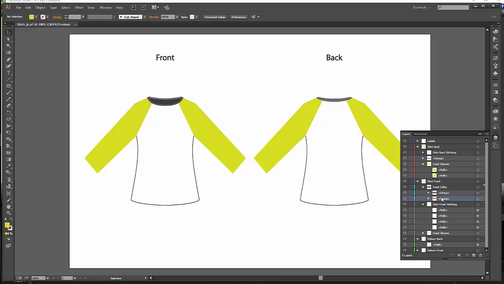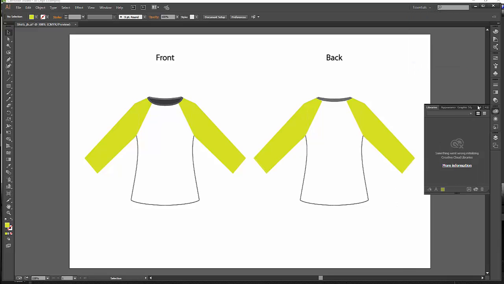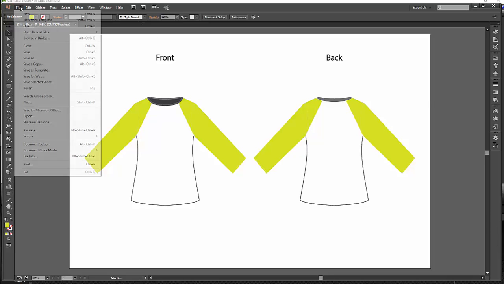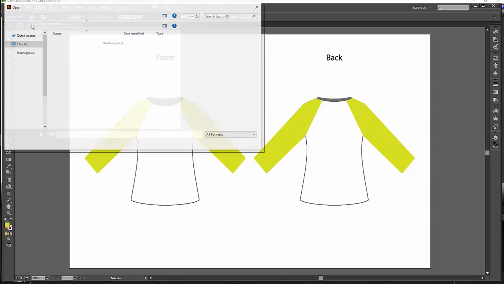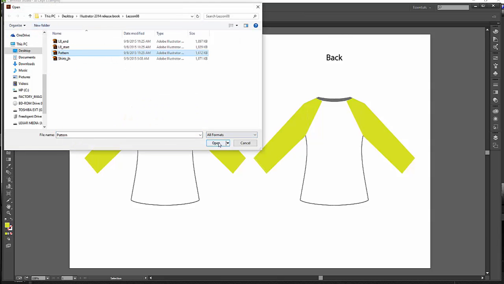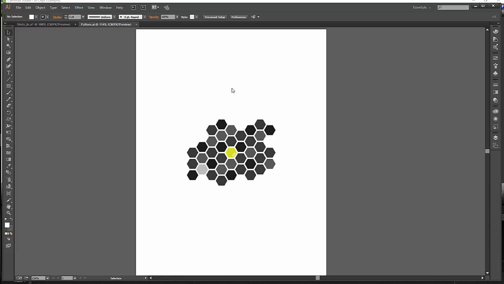So we're going to pick up again with pasting layers. Now to complete the shirts, we're going to copy and paste the remaining pieces of artwork from the other section. Now if you need to go up and reset your essentials, I don't think we've really moved anything around, so that may be superfluous. But we'll go now to File, Open, and open the pattern. And once you have that open,